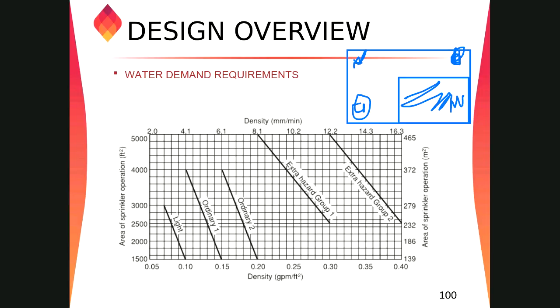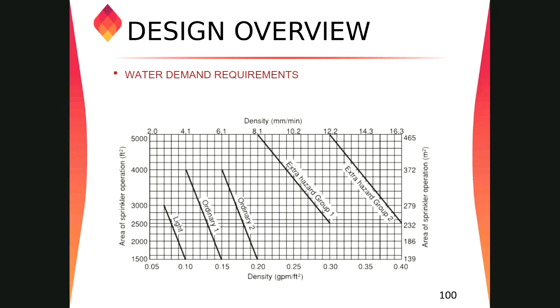The design area, we have to keep minimum 1500 square feet. There is no limit for the maximum, but they have given the graph up to 3000 square feet. We can keep 3000 square feet, but the density should be reduced. It's just like the capacity requirement for the pump, which varies by about 150 GPM to 200 GPM plus and minus from the minimum design area to the maximum design area. This is all about those density curves. Yes.